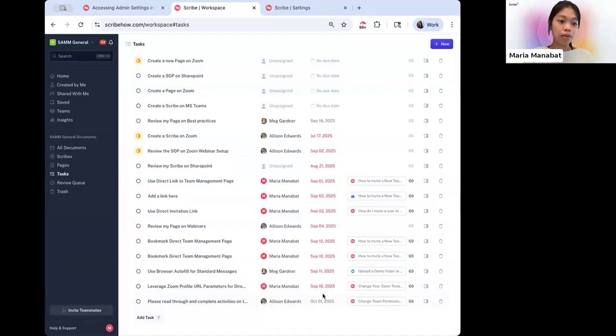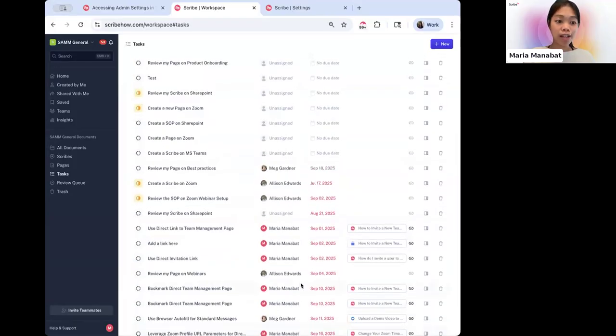And Allison will also get an email on her end saying that she had a task here. In terms of making sure that you're on track with your tasks, and seeing that on a two-way street, you can actually update whether you have not started, you're in progress, or you've completed that task. So I'm going to put in progress here. And that is our tasks feature.